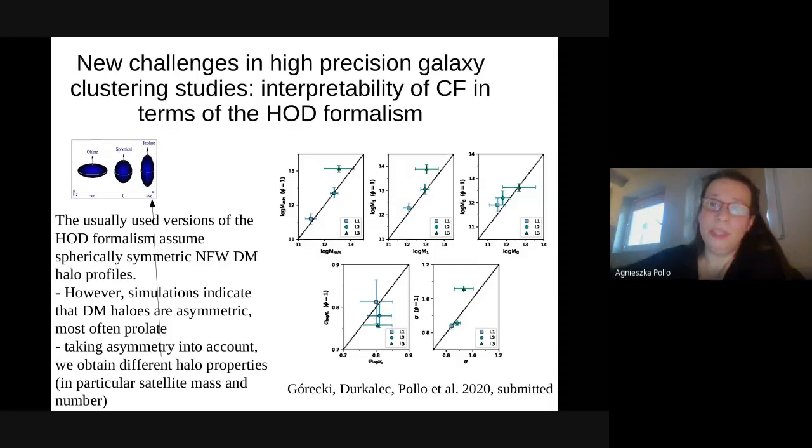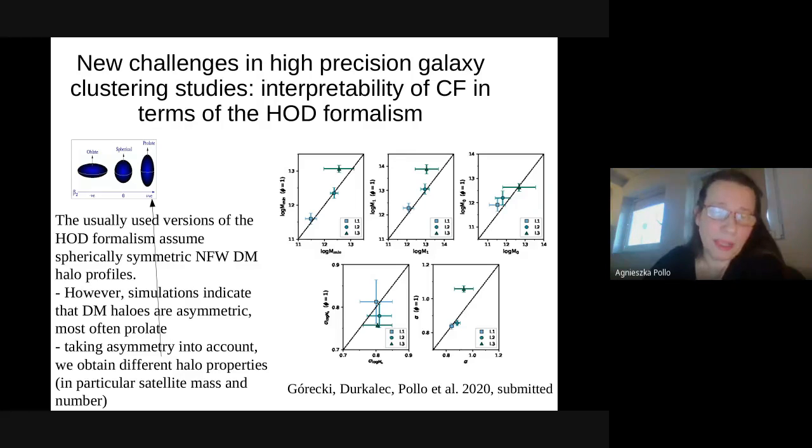Usually, we try to interpret it by some simpler or more complex models, either some simple modeling or the halo occupation distribution formalism, in order to derive from the correlation function such parameters as, for example, the typical halo mass of a given population of galaxies. And also we find out that depending on how we implement the model behind, we can get some not so insignificant